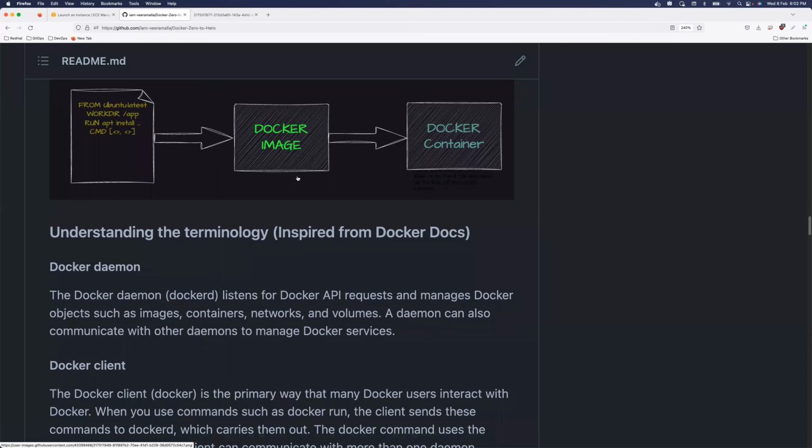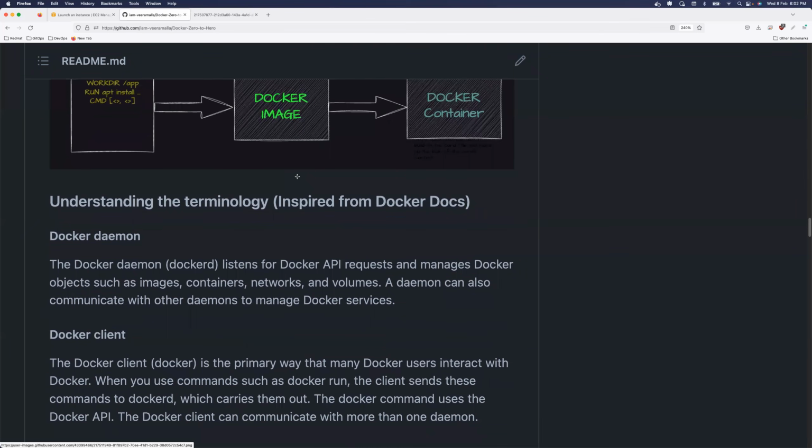Perfect. So once you create this Docker container, you share it with somebody and they have executed it. That will be the end of the Docker lifecycle, unless you want to tear down this container or do something else with this container. This is a basic workflow of your Docker service.